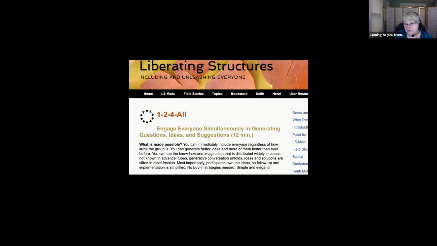Also, liberating structures. I assume a lot of you are familiar with the idea of liberating structures and ways of generating ideas. So what we're doing here is trying to find the insights in that data that we gathered, and then generate some possibilities. What might we do? Because we're not at the deciding yet, but we want multiple ideas of what we could do going forward, so that we have a rich basis to choose from when we actually decide on our next action.